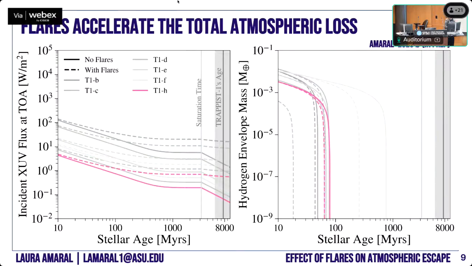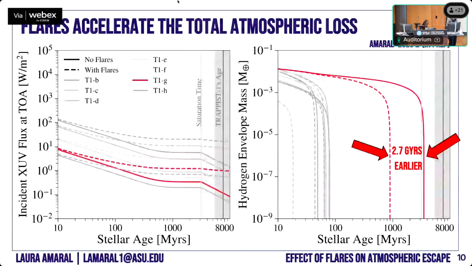basically what happens is you're still losing all the atmosphere, but in the case of TRAPPIST-1H, this planet is too small, so the gravity is not that high, so it cannot keep the atmosphere anyway, and the flares aren't going to accelerate the process too much because the quiescent emission is enough to drive the escape. But if we move to planets like TRAPPIST-1F or G, like I told you before,